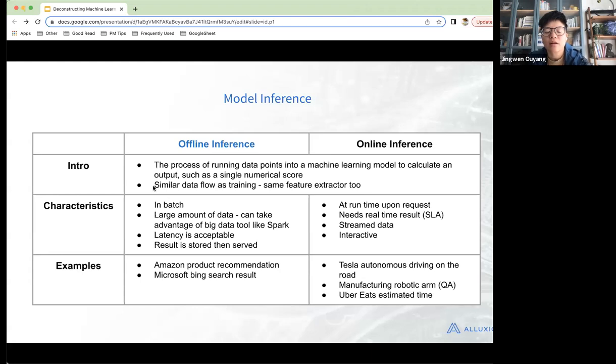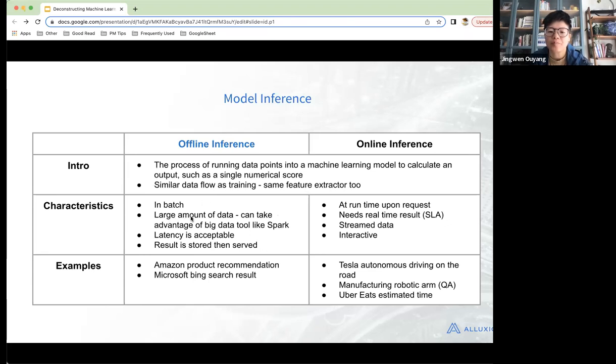And then this actually becomes a very similar data flow as training. We need to go through the same feature extractor here. So that means the compute is still very intensive, because if the features are different, the model won't calculate properly, right? So the difference between offline and online is that offline is done in batch.